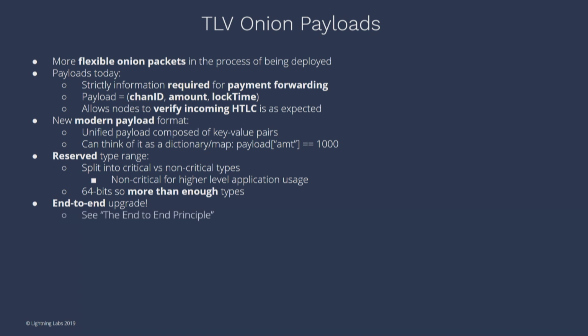The other cool thing about this upgrade in Lightning is that it's an end-to-end upgrade, right? Meaning only the endpoints actually need to upgrade in order to take advantage of this use case, which is really cool because in a decentralized system, it can be hard to upgrade all the nodes at the same time, right? There's no flag flip. You can't just push the app out to every single node. Instead, you can just have the endpoints, Alice and Bob, upgrade, and once they upgrade, you can use this feature instantly.